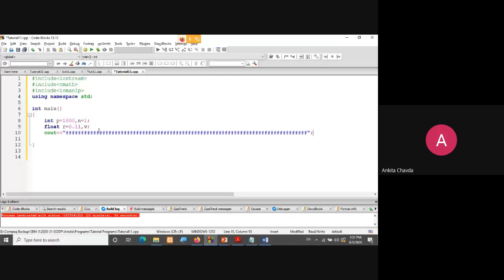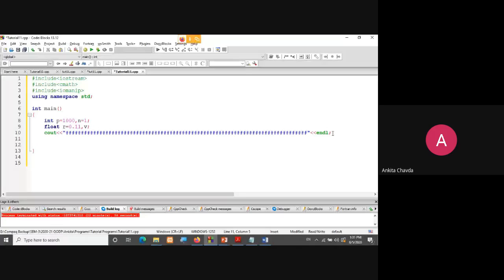Okay. And I'll use endl for the new line. Then I'll start using setw.